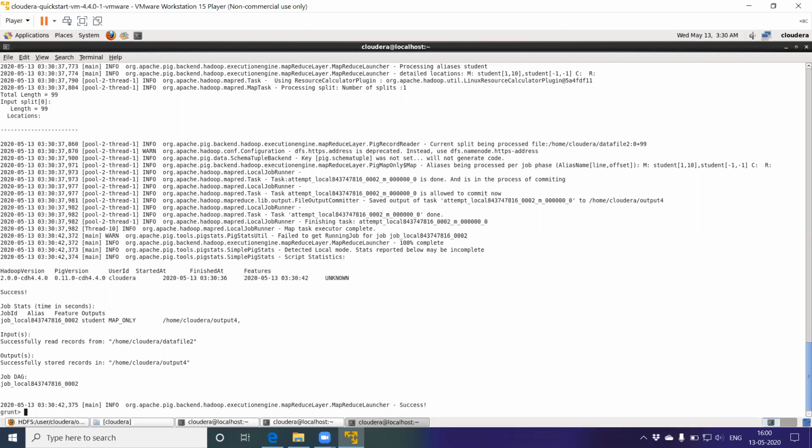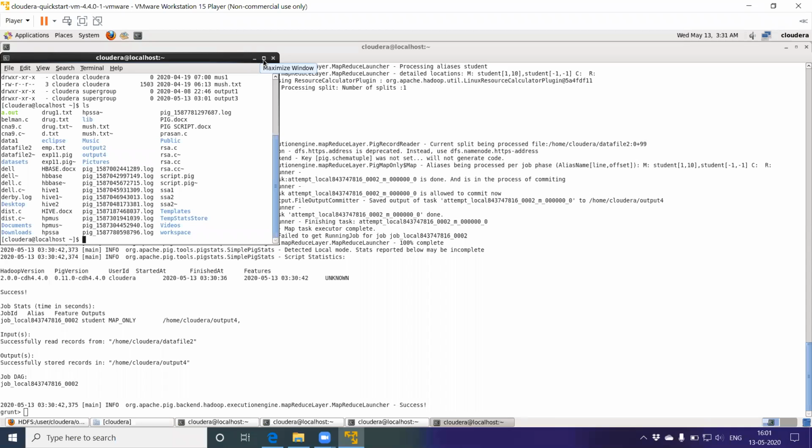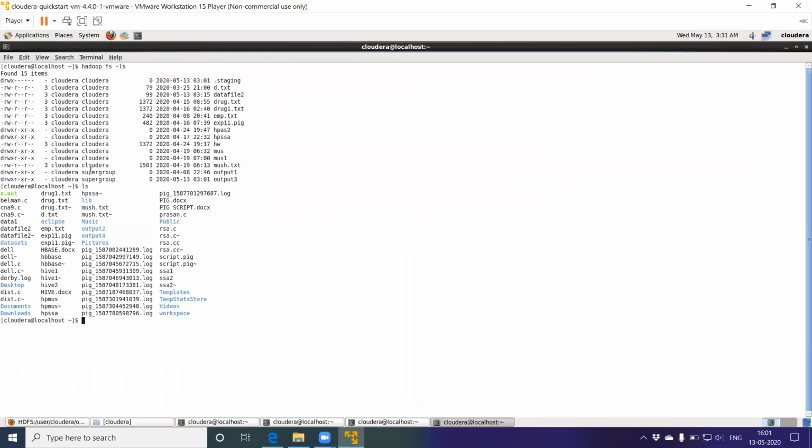You have to verify the output by opening another terminal and running ls. Here you can see your output folder, output4.